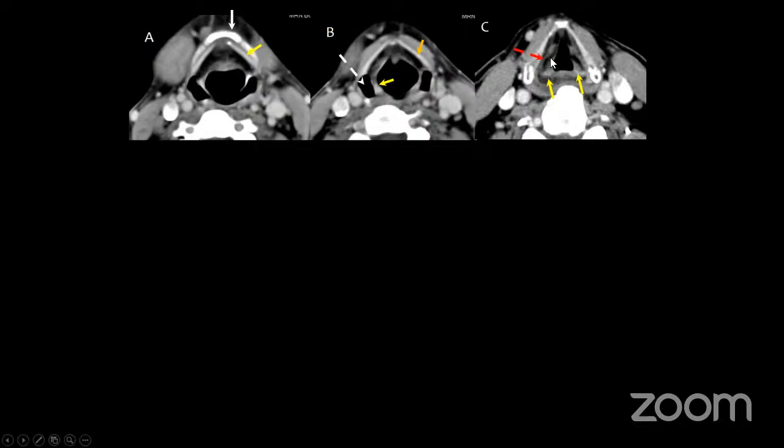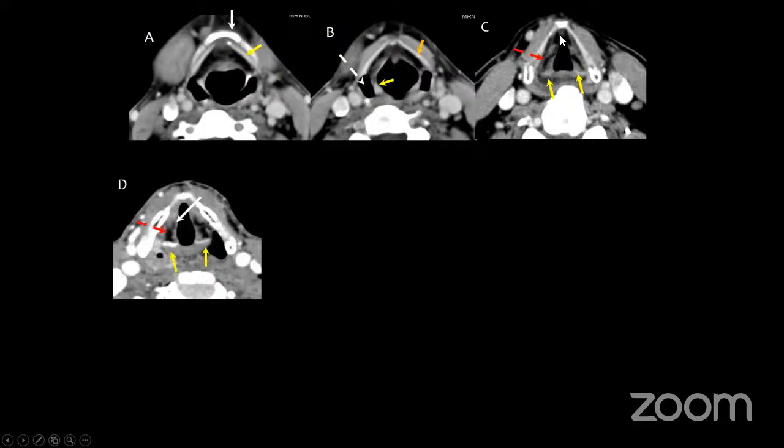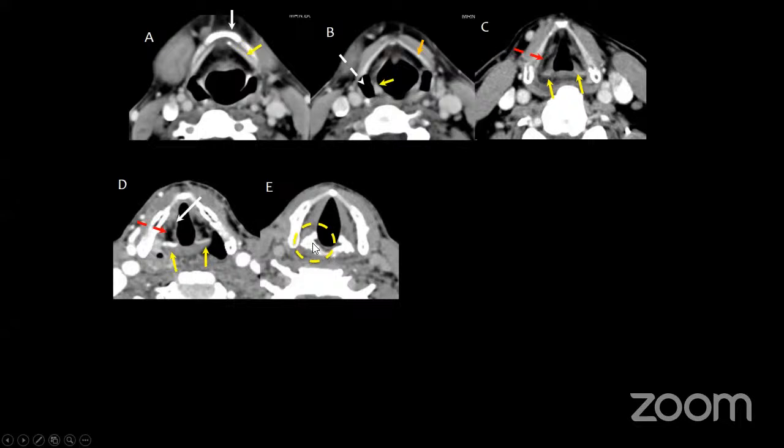At the level of the thyroid cartilage, when you see a gray fat-containing structure and you start to see the arytenoids, just at the tip of the arytenoids is the area of the false vocal cords. The false vocal cords continue for a while, and you'll see that the cricoarytenoid joint has just started to appear, but this is still gray. That is still the area of the false vocal cords. The moment you see the cricoarytenoid joint proper and a hyperdense structure, slightly denser than fat, of muscle intensity, that is the vocalis muscle. The vocalis muscle denotes that you've reached the glottis, and the insertion of the vocalis happens at the anterior commissure.